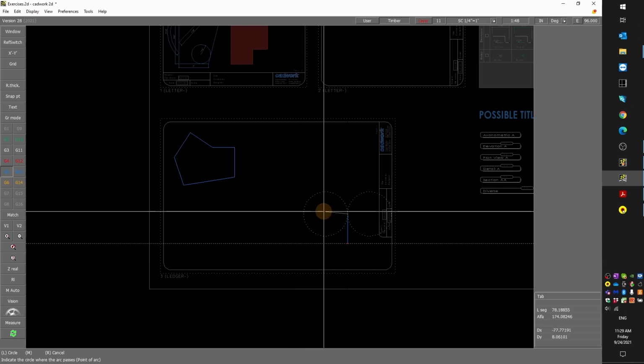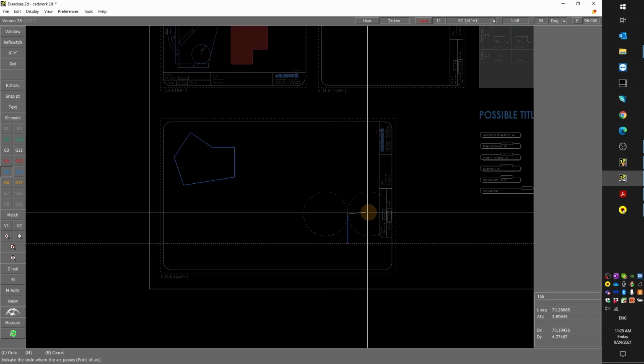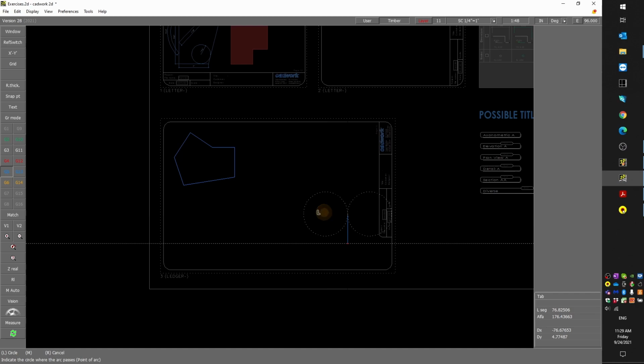Then I need to indicate on what side I would like to create this radius. So I left click, and then I can